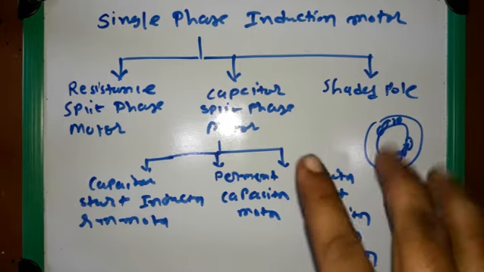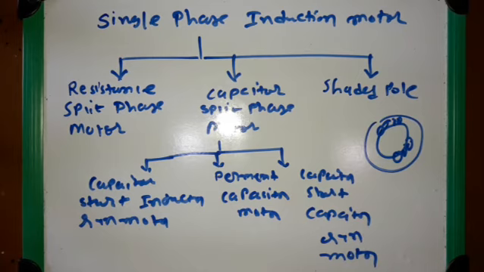But in a shaded pole motor, reverse movement of the motor is not possible. The shaded pole machine is used for low power ratings. The power loss is very high in the shaded pole induction motor, and the power factor of the motor is also low. The starting torque produced in this induction motor is also very low. Because of the following reasons, this motor has very poor efficiency and its design is kept for low power ratings.